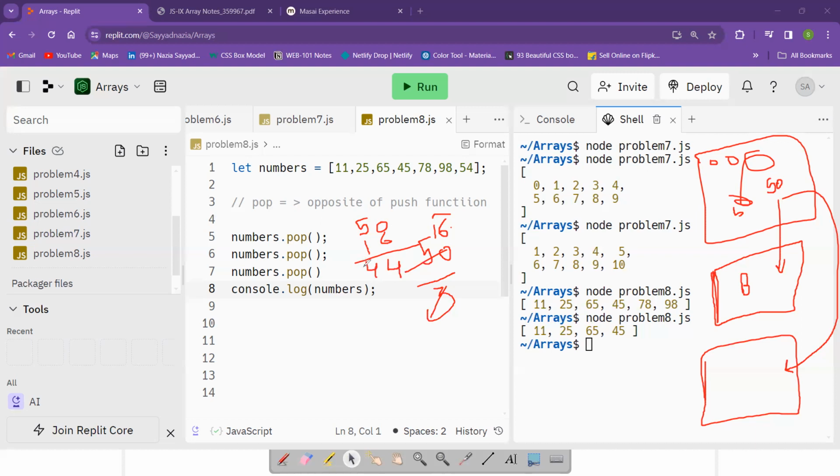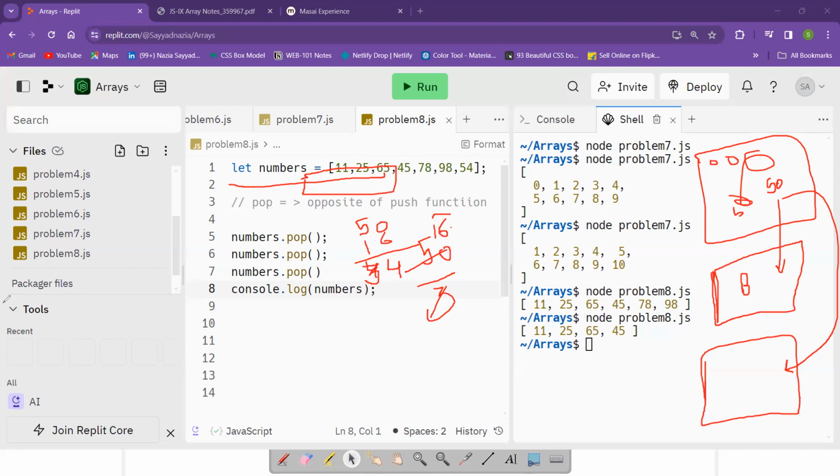Sorry, my bad. It's 34, not 44. It's 34 students in the class. Now, there is an array of 50 elements, and the teacher wants to remove the last 34 students from the class. So she has to type this command 34 times,